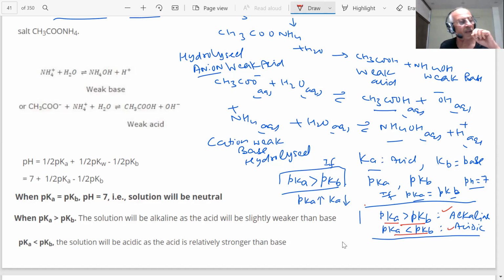Ka and pKa, you know how we define them: pKa is equal to minus log of Ka, and pKb is equal to minus log of Kb. These are important, and questions are put in organic chemistry also, and in other chapters, on acids and bases. Students, pay attention. Here is an important question. So far, a formula has been derived for this.